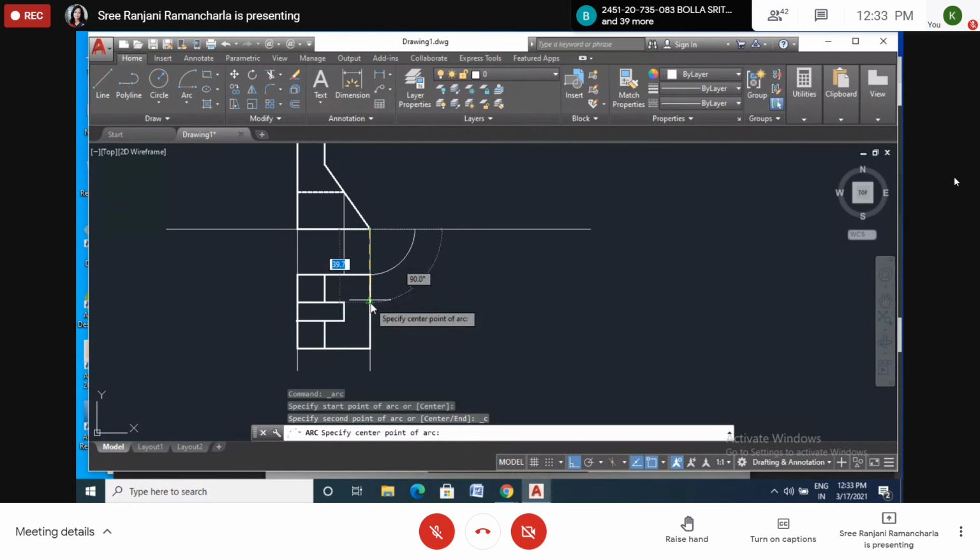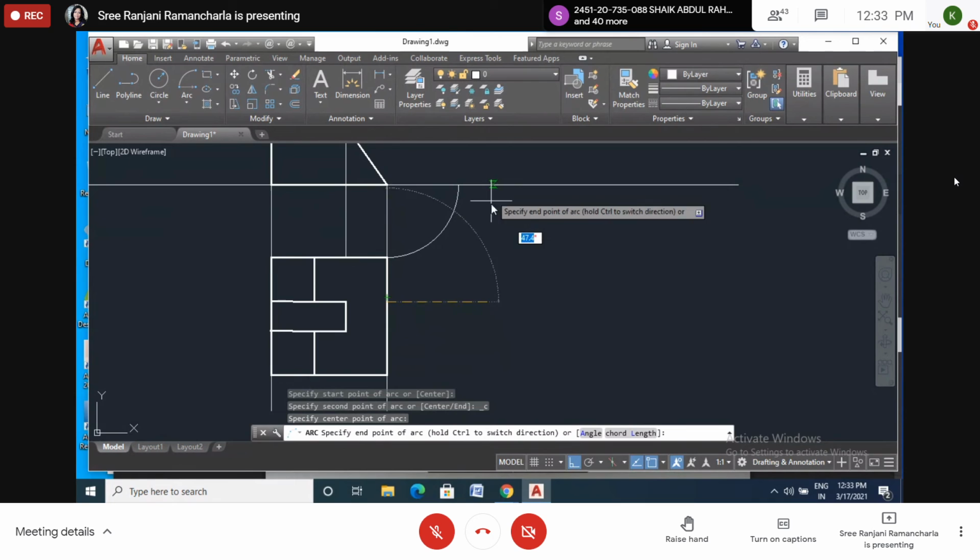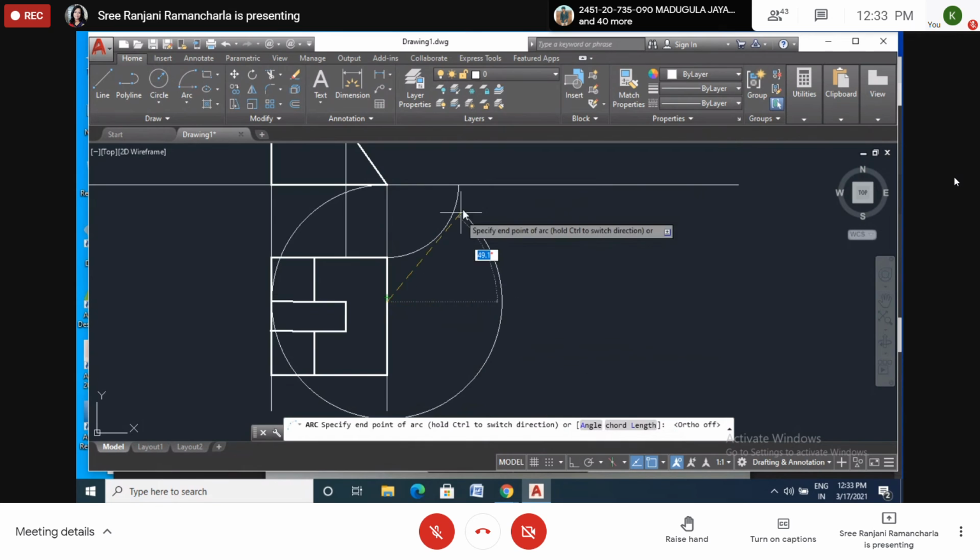Here I want to center this. Don't take this one, but here just move, I want a straight line here. See, at this point I want to select at this point. Yes. So here, anti-clockwise. Auto. Why am I getting like this?